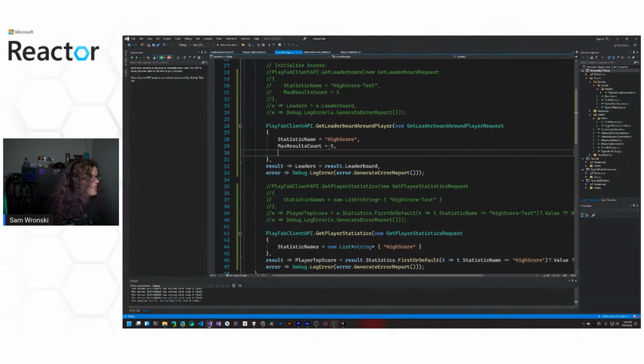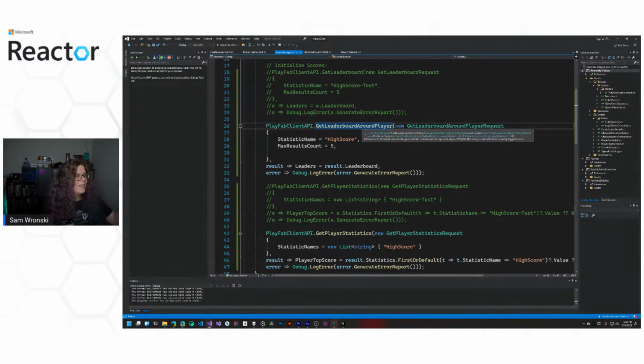But yes, so this is going to find you results similar to score, not similar to around you, if I'm remembering this correctly, centered on the requested player. So in this case, you will be the center of this 5-person result. Whereas it's not going to be around you physically, I do not think. I don't think there's a way to do that. At least I haven't found one.